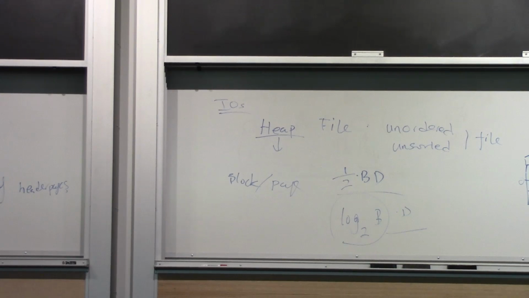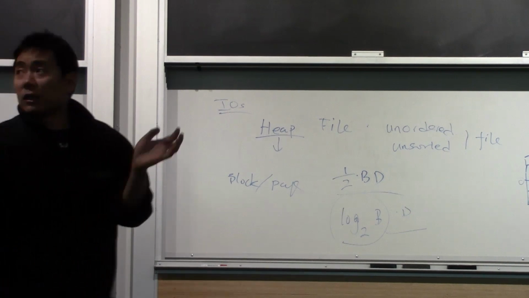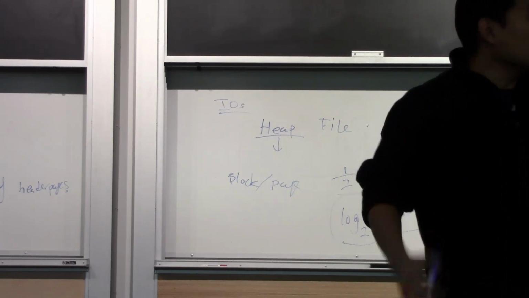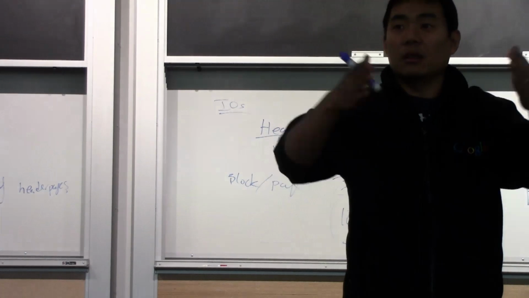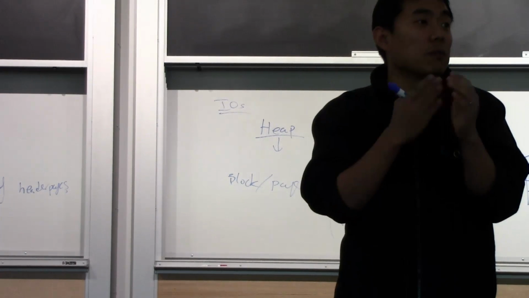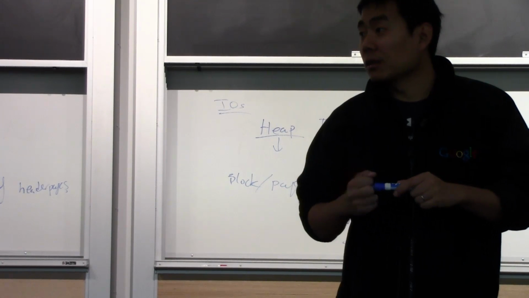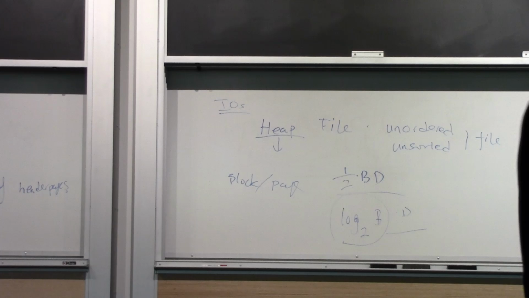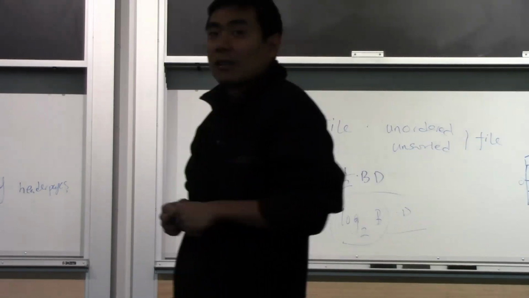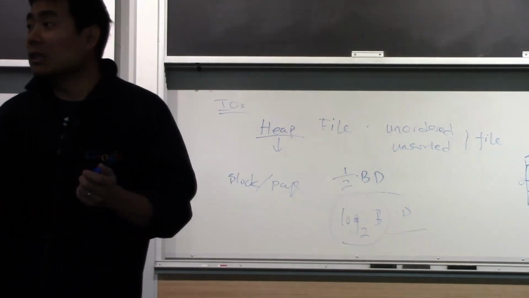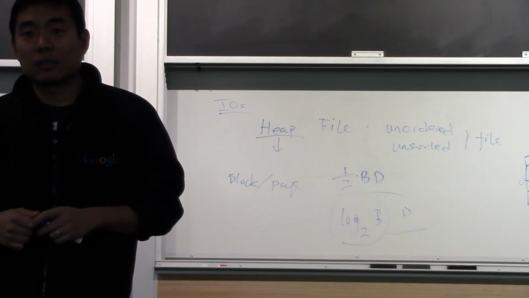What about range search? Range search refers to the following operation. Essentially the operation I did just now. The query condition is not a single value, but a range of values. Make sense? What about range search for heap file, and what about range search for sorted file? What about range search for heap file? That's an easier one to answer.